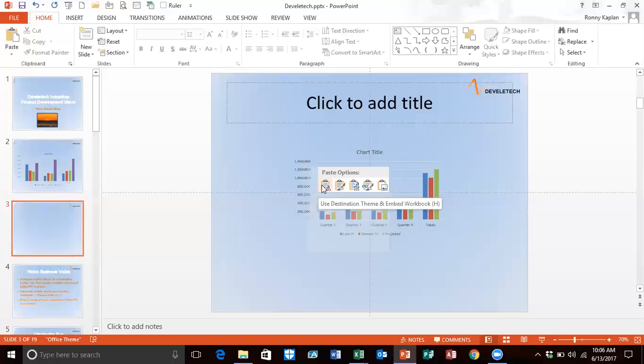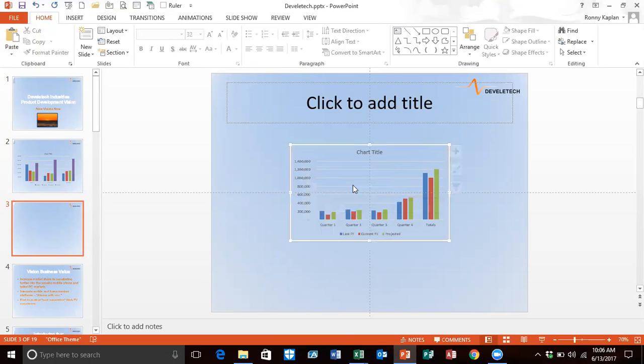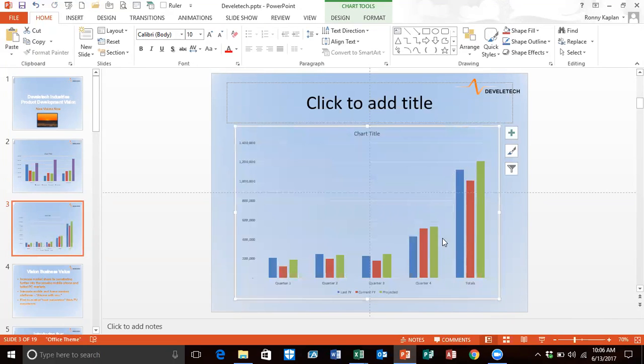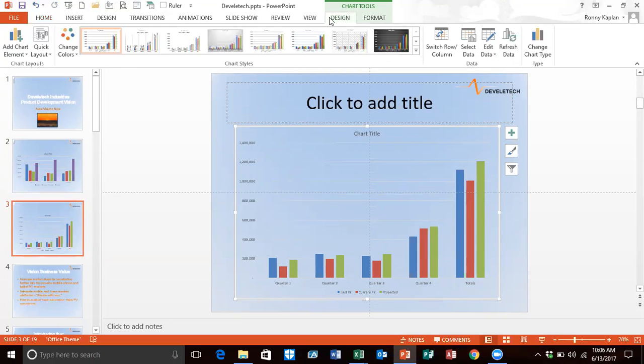Now, here's where I have choices to use my destination theme, meaning the colors and so forth, or my source, and also whether I want to embed the spreadsheet or whether I want to link it. So if I link the data, again, either the destination theme or the source theme. So if I link the data, I'm just going to make this larger because it's a little small for people to see. Okay, if I link the data, what it means is if I change the quarter one, if I go to my design tab, which allows me to modify my charts,